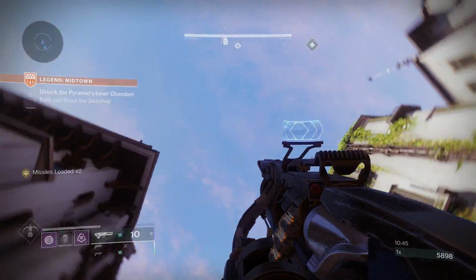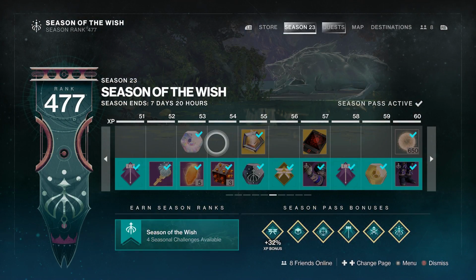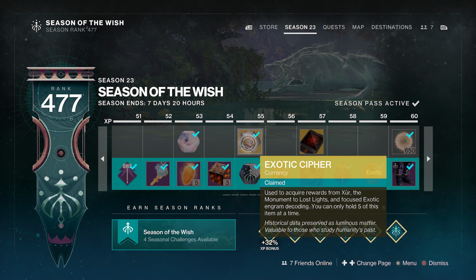And the second one that I want to talk about is the season pass. Every season, there is an exotic cipher halfway through the pass, like around 50. This one right here. All of the passes have an exotic cipher. And if you're someone like me and already picked up the one from this season's pass, don't worry, because in case you didn't pick it up from a previous season pass,